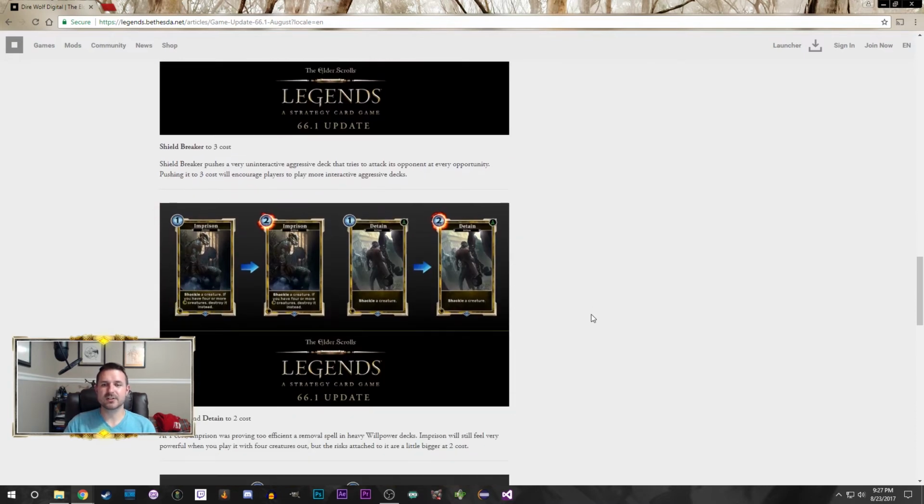Moving on, this is the interesting one. Imprison and then its unleveled counterpart Detain both go from 1 cost to 2 cost. The reasoning given was, at 1 cost, Imprison was proving too efficient a removal spell in heavy willpower decks. Imprison will still feel very powerful when you play it with 4 creatures out, but the risks attached to it are a little bigger at 2 cost. This nerf makes sense. A 1 cost hard removal of any creature on the board, even if it does have a condition like that tied to it